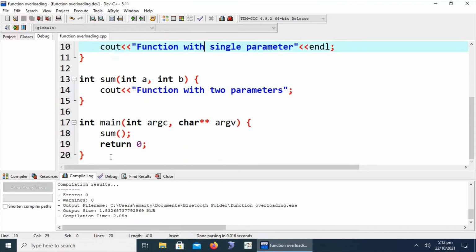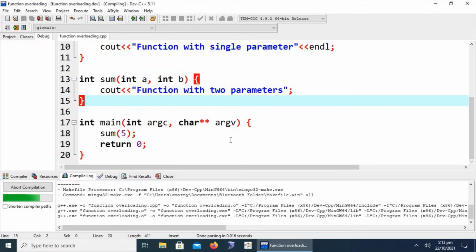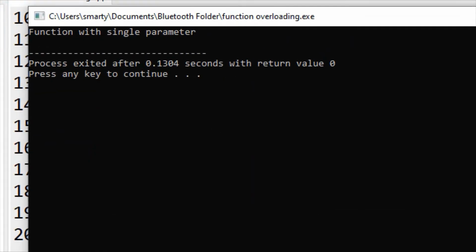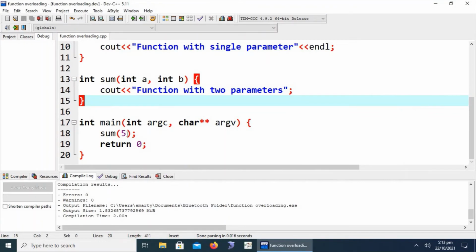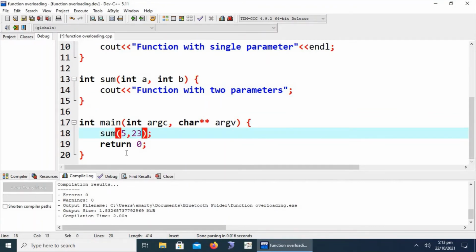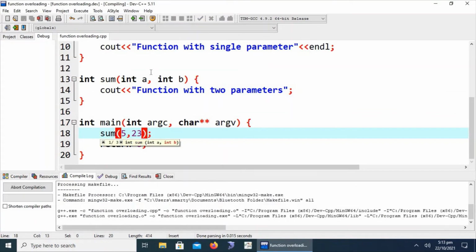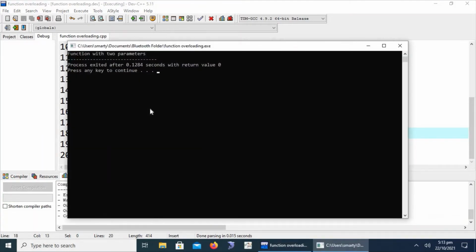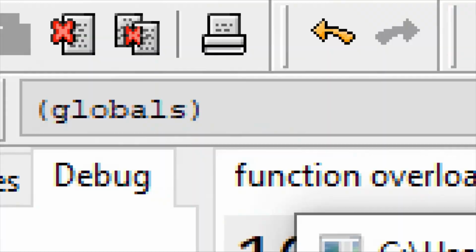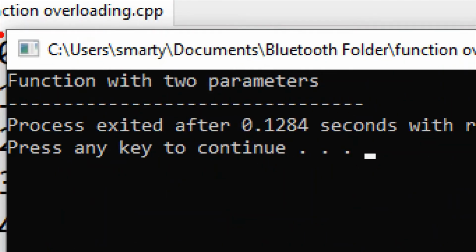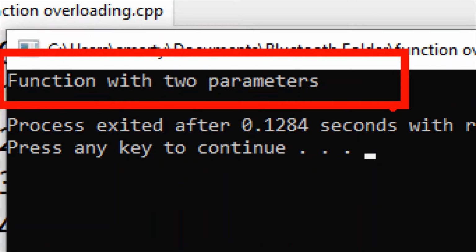Okay, if we provide a single parameter, let's suppose we are giving here 5, compile and execute. We can see here "function with single parameter." Similarly, if we provide two parameters, compile and run it again, we can see here "function with two parameters."